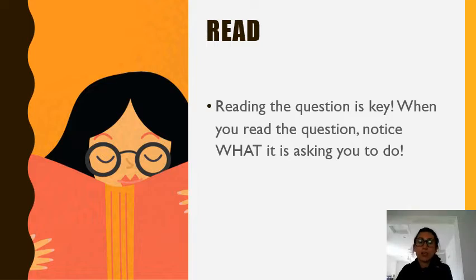So, then, read. Reading the question is key. When you read that question, notice what it is asking you to do. So previously, we've just seen on the previous slides that the person was asked in regards to Mary, who was 13 years old, what her physical changes were. Yes, they've looked at some physical changes. No, you can't have the likes of grey hair because grey hair can happen at any life stage, so never ever put that for one. But they've picked a completely wrong stage as well, so it's irrelevant to the question. So reading the question is key.